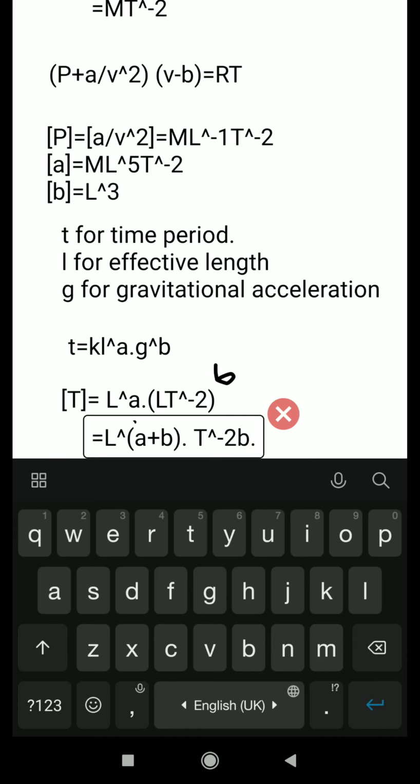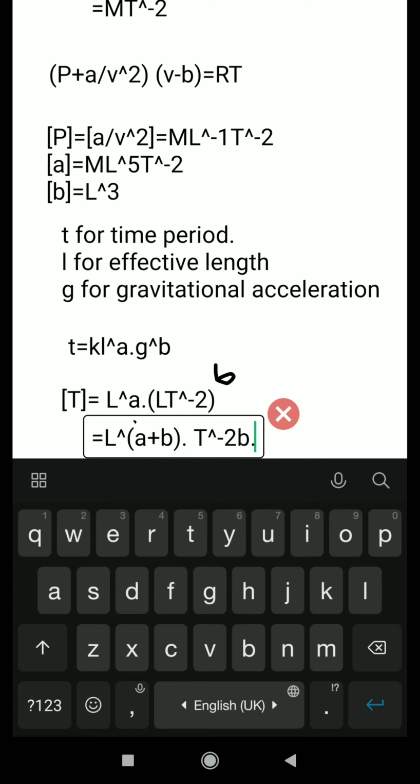Clear? So on the left side the power of L is 0. So relating the left side and right side, we can find out that